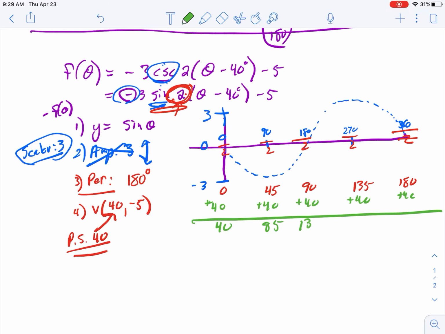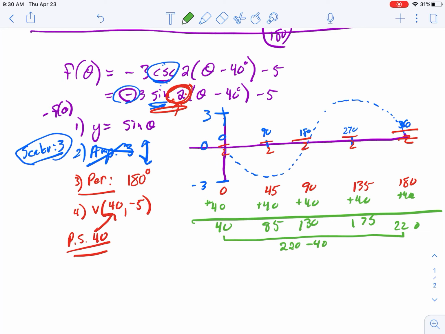So I have 40, 85, 130, 175, 220. Okay, and take a note that you still have the same amount of distance here, period of